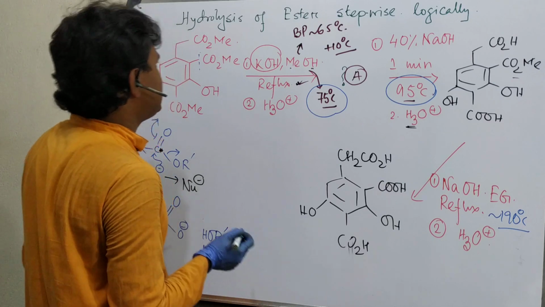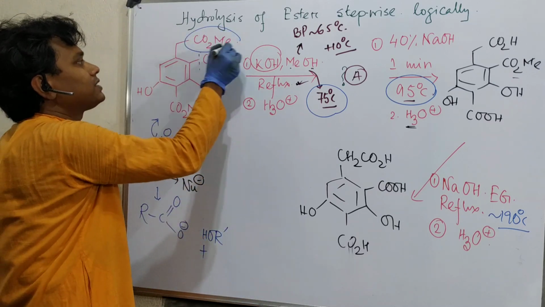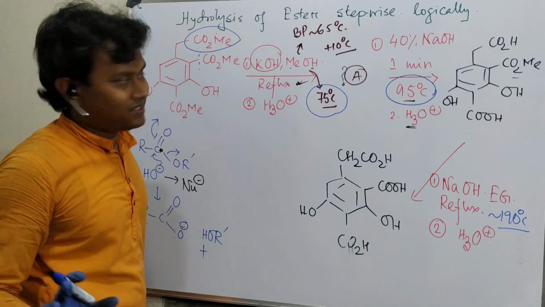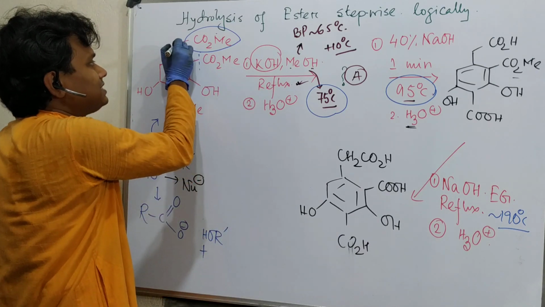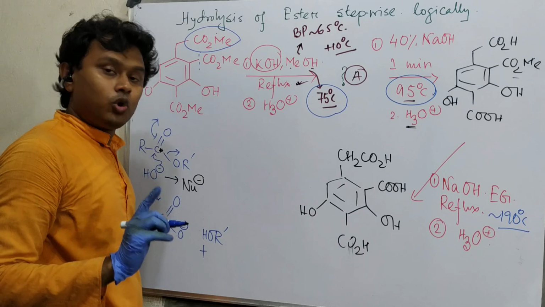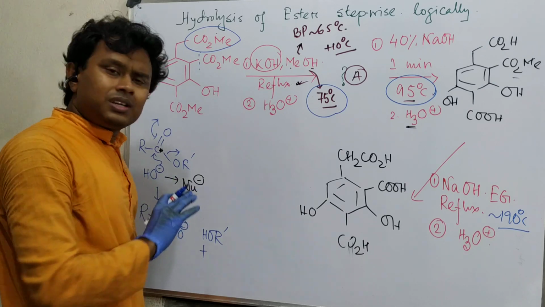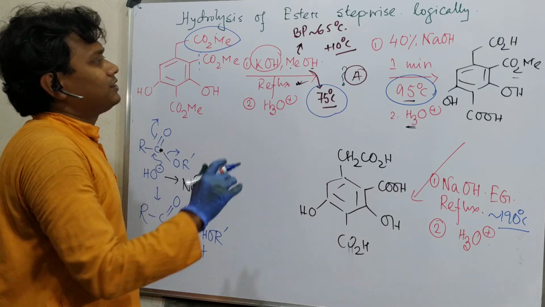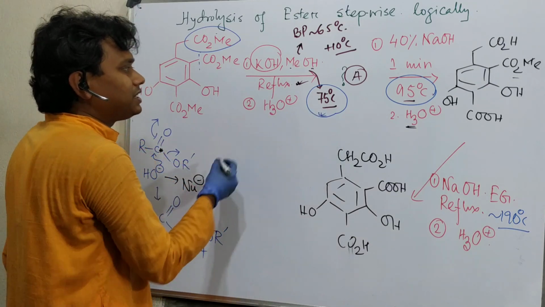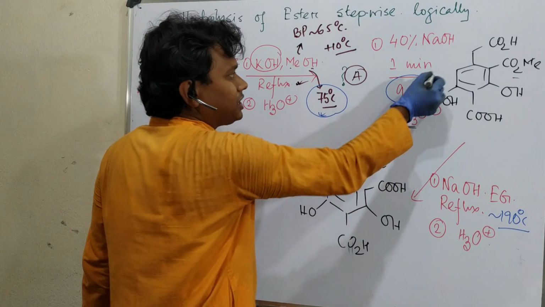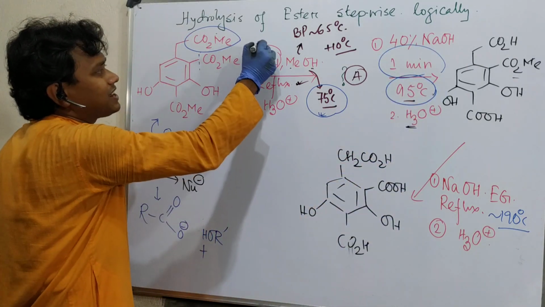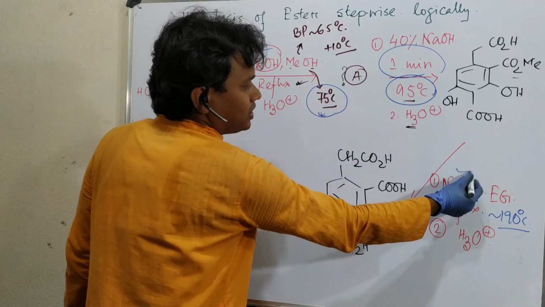Why? See, first of all, this is not a conjugated system. So what is happening here doesn't matter. It will be unaffected. And see, this is only sigma bonded, no plus R effect, so it will not have any negative or positive effect. So see, this is 75 degree reflux, but it is 95 degree with 1 minute, very fast. Okay. Second, why generally KOH? Why in this case NaOH?